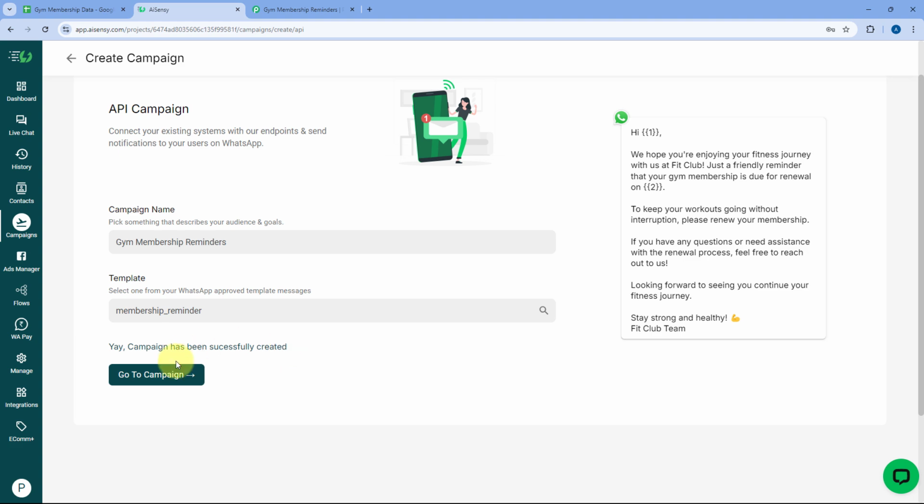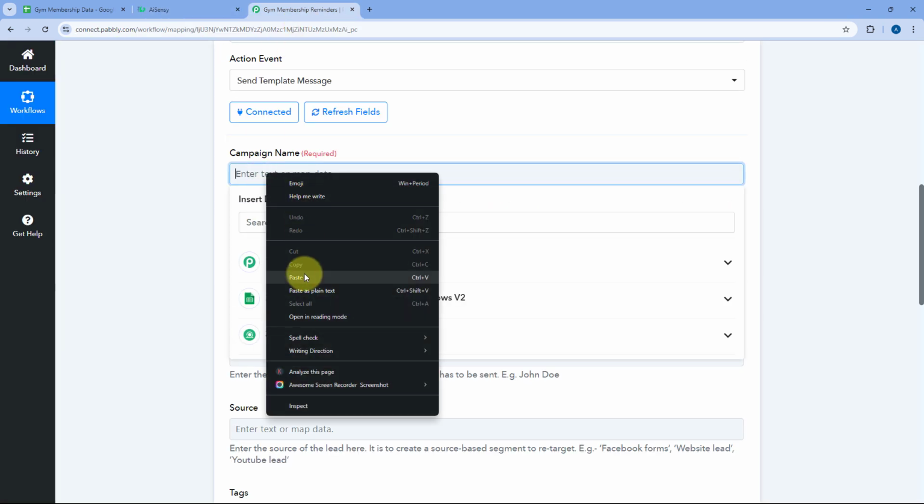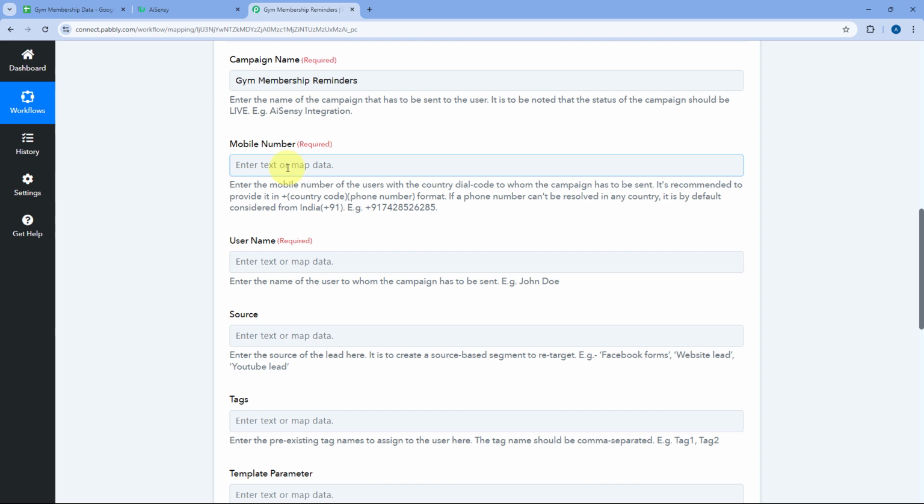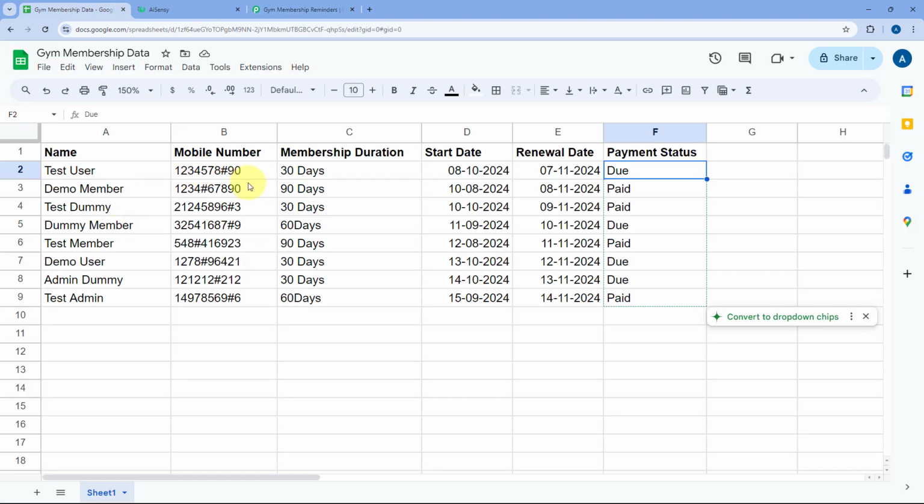And as we said, click on Set Live, this campaign is created over here in our AI Sensei account. And we have to enter the name of this exact same campaign inside Pabbly Connect as well in this field of campaign name. Then it is asking us for the mobile number. So here we have to enter the mobile number of our gym member to whom we want to send the WhatsApp message. So we have entered all of these details like mobile number and members details in our Google Sheet,